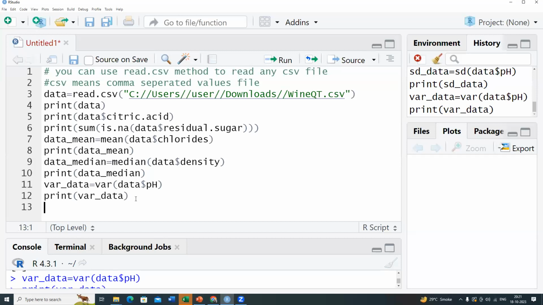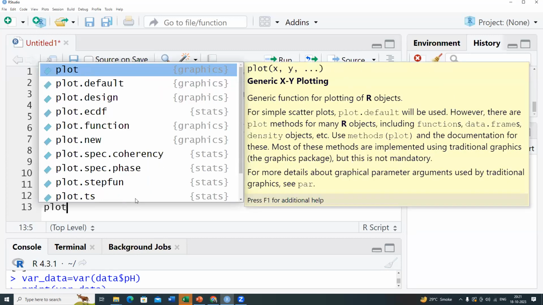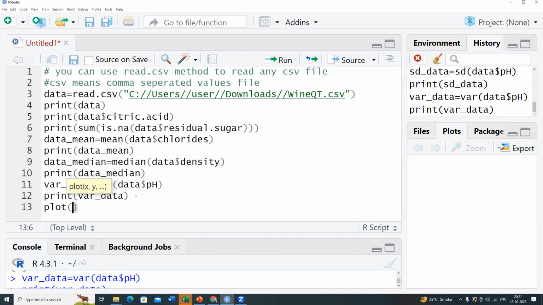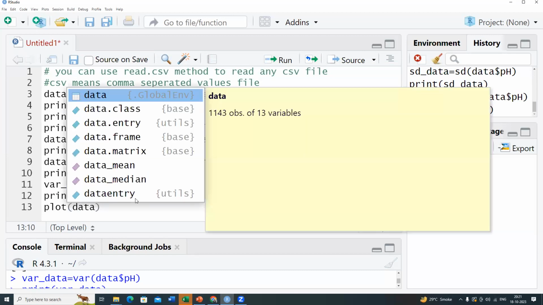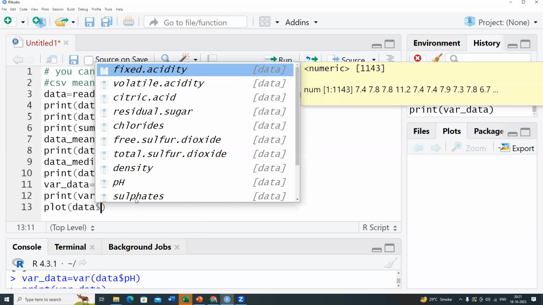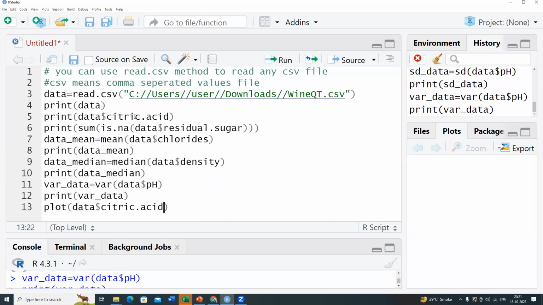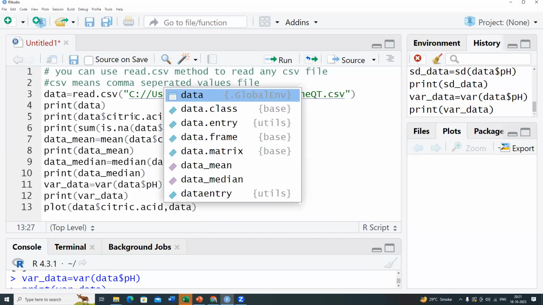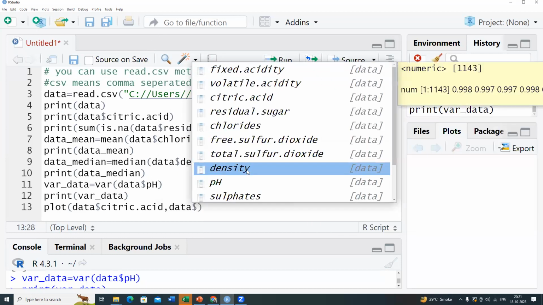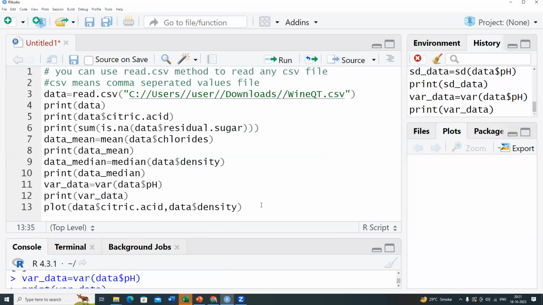Now, if you want to do plotting, and plot a line chart between any two columns of the data set, then you can use the plot method and pass any two columns. For example, I take citric acid and data dollar density. If I run this code,